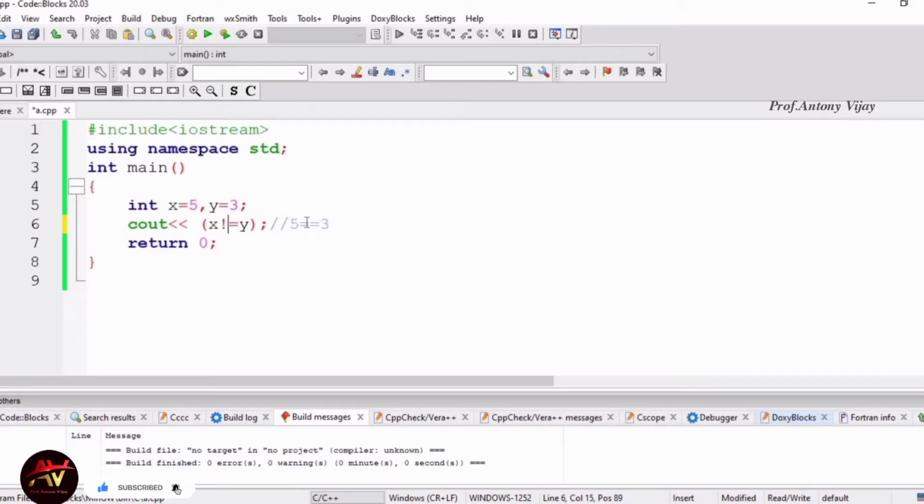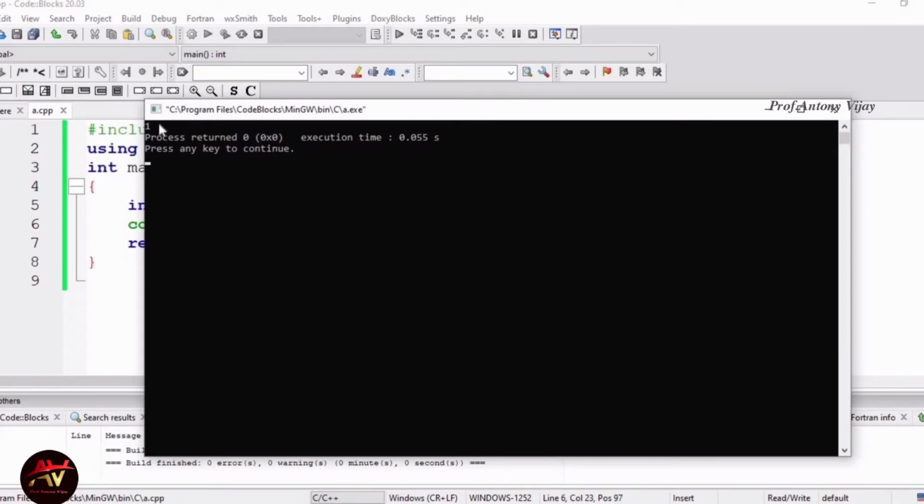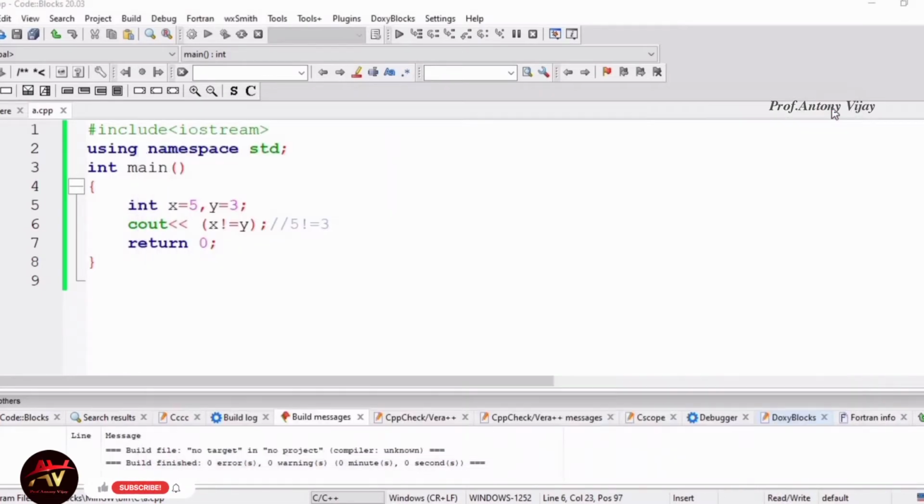Not equal to means both the values are different. Here x is 5 and y is 3, both are different, so the condition is true and we will get the answer as 1. Let's see the answer. See, we are getting 1.